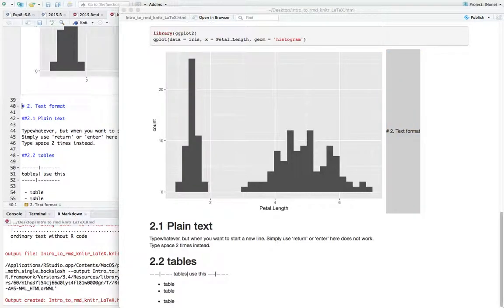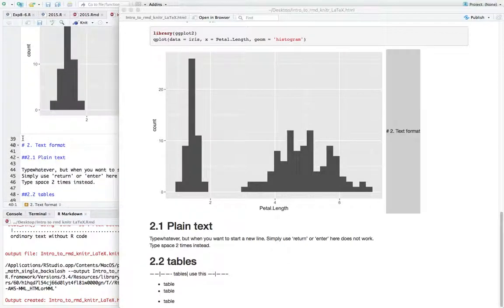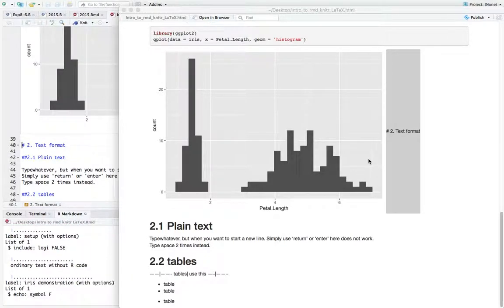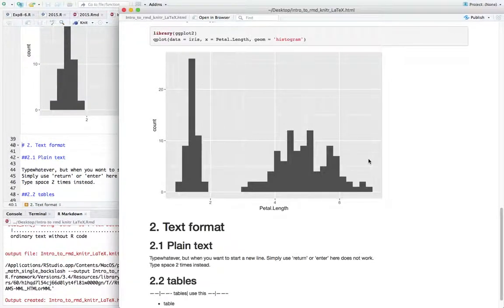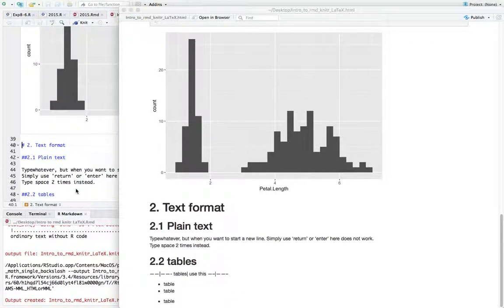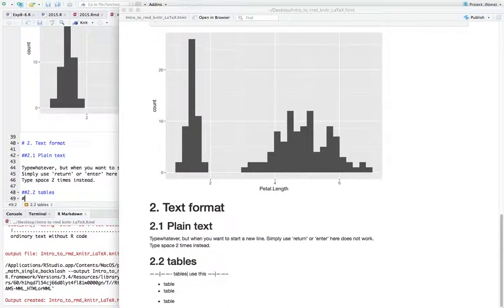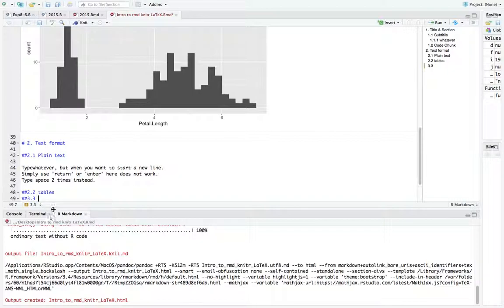So let's go return. Actually, it's better to start with a new line, because you get a graph plot put on top of that. Yeah. So now we get it corrected. Here we get text format, plain text, tables, and there's only one more thing, though you could do a lot more than that. But at least I think what is encode